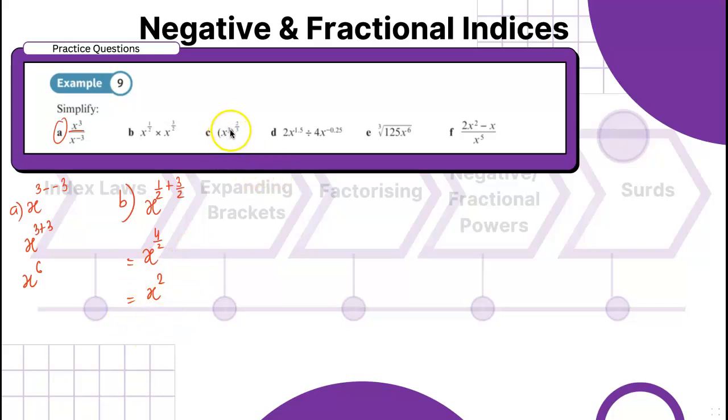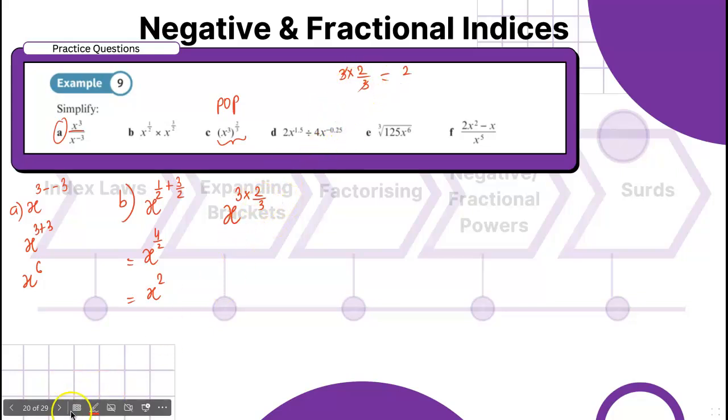Now here x cubed to the power of 2/3. What law are we using over here? POP, power of power, right? So x cubed, when we have a bracket, as we discussed yesterday, is 2/3. They are going to be multiplying. Now tell me, what is 3 times 2/3? So 3 times 2/3, it would cancel and you're going to be getting 2, right?